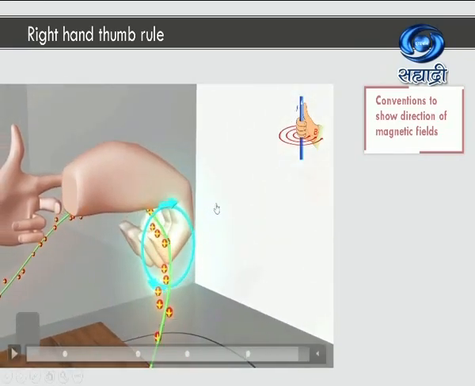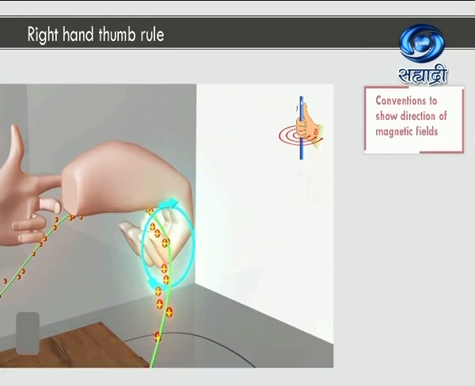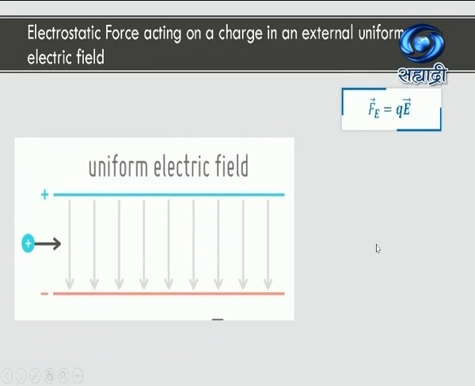Here we can make a very good observation that the direction of the magnetic field is clockwise in this situation. Remember, if we reverse the direction of current, then the magnetic field produced will go the other way around. I mean, it should be anti-clockwise. I hope you have understood this. This is a very important rule to determine or identify the direction of the magnetic field around every current carrying wire.